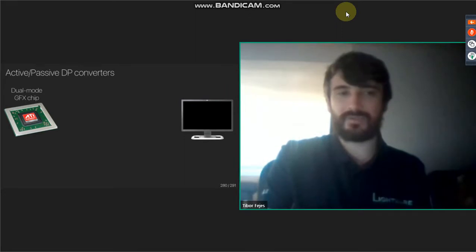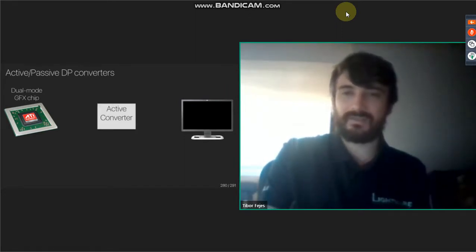So what's the difference between an active and a passive converter? Well, if we take an active converter, that will take a DisplayPort signal in and convert it to